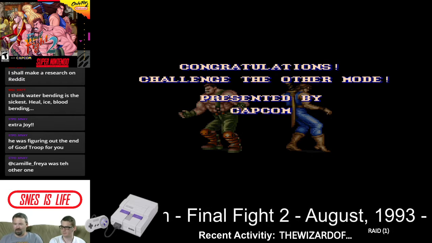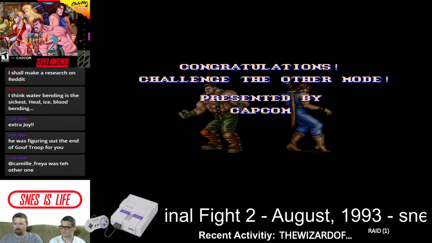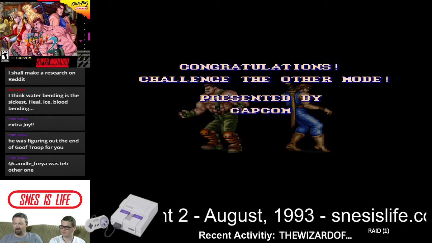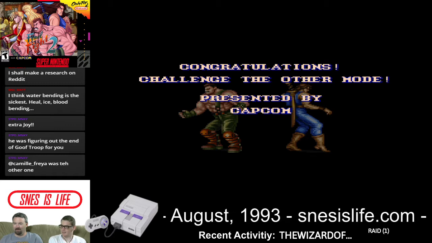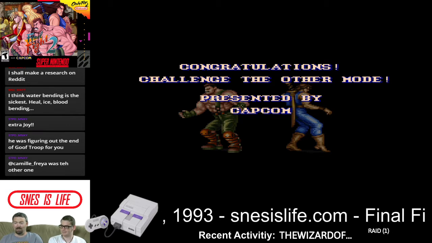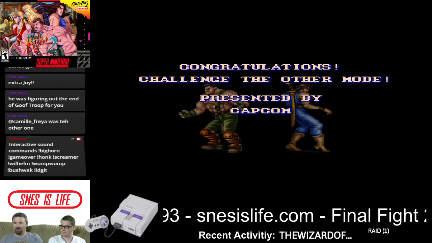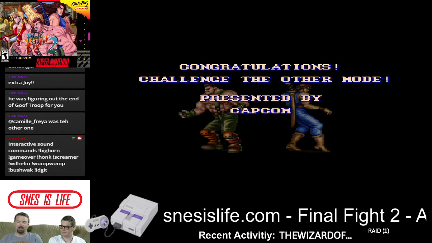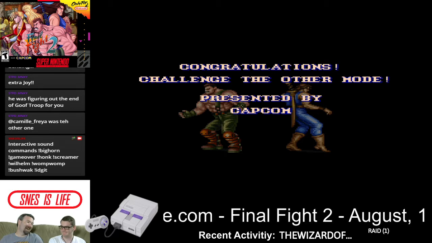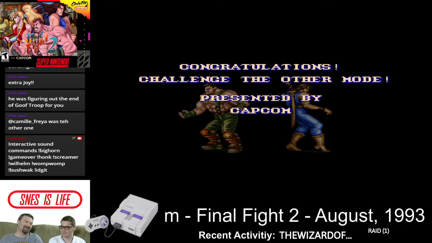Let's see what we got on the docket coming up here. We did Street Fighter. We did Final Fight. Oh, look out. We did Top Gear 2. So we have Caesar's Palace, so Las Vegas gambling, or Seventh Saga, which is a JRPG. I mean, they're both for the weekend, so...